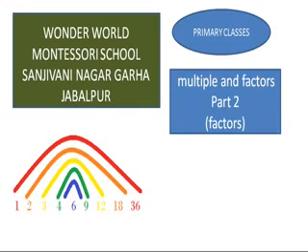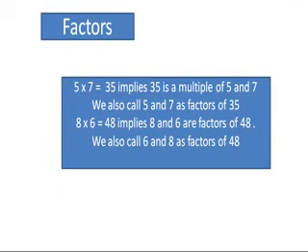So let's begin with factors with a quick revision of multiples. Like I said, in multiples, when we read a table, 4 1 is 4, 4 2 is 8, 4 3 is 12, 4 4 is 16, 4 8 12 16, this is multiple of 4. But जब हम table लिखते हैं तो we write 4 into 1, 4 into 2, 4 into 3, 4 into 4. Now these are the factors what we are multiplying, and what the answer we are getting is the multiple.